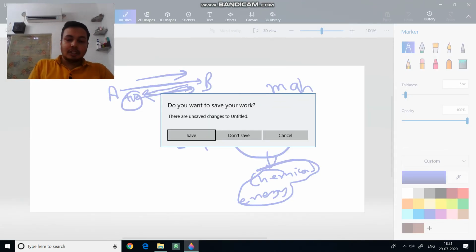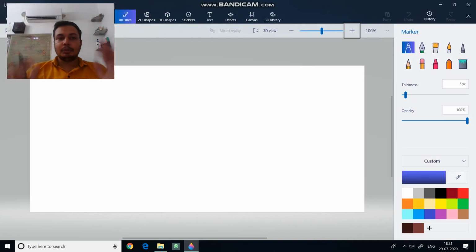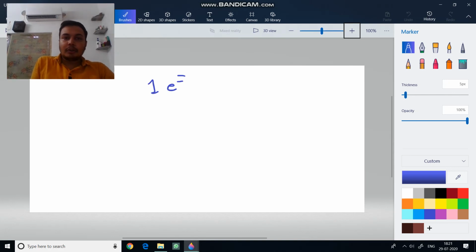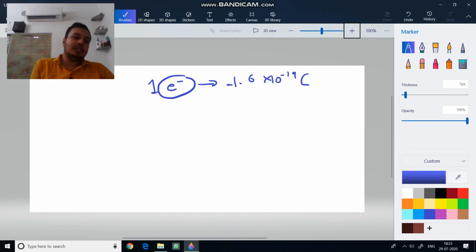Now the next question given here is to define the unit of current. I told you before that the unit of current is ampere or coulomb per second. The SI unit is called ampere. Now the next thing is to calculate the number of electrons constituting 1 coulomb of charge. Now you tell me, how much charge does one electron have? Negative 1.6 into 10 raised to minus 19 coulomb. So one electron has very little charge. It is of the order of 10 raised to minus 19, meaning in the denominator there will be 19 zeros, that much less charge.